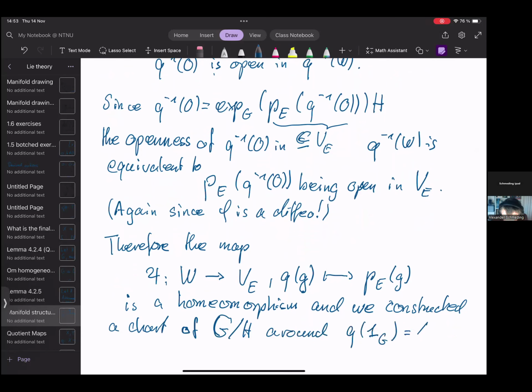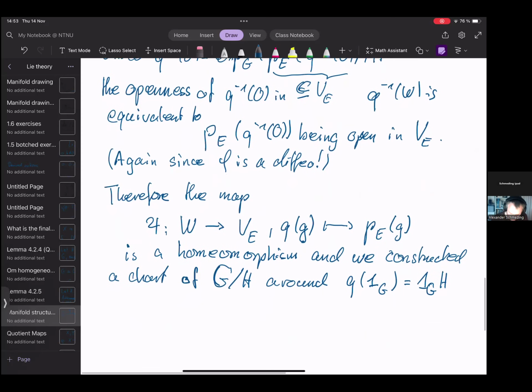We have here the coset 1G times H, and this chart is just this psi, and then we have the W. Okay, great. So this is the chart, and now